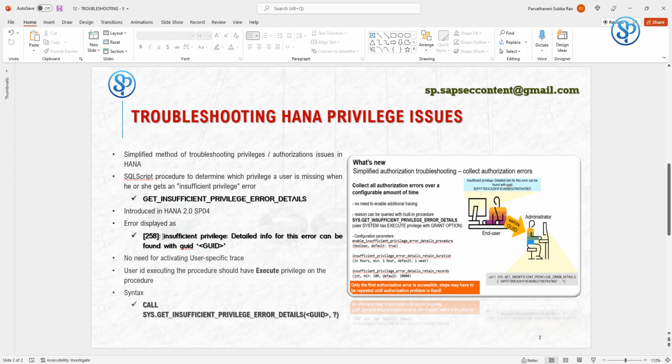to do something, the user will get an insufficient privilege error. Detailed info for this error can be found with a GUID and a GUID code. You need to take that GUID code and use it in this procedure to analyze what privileges